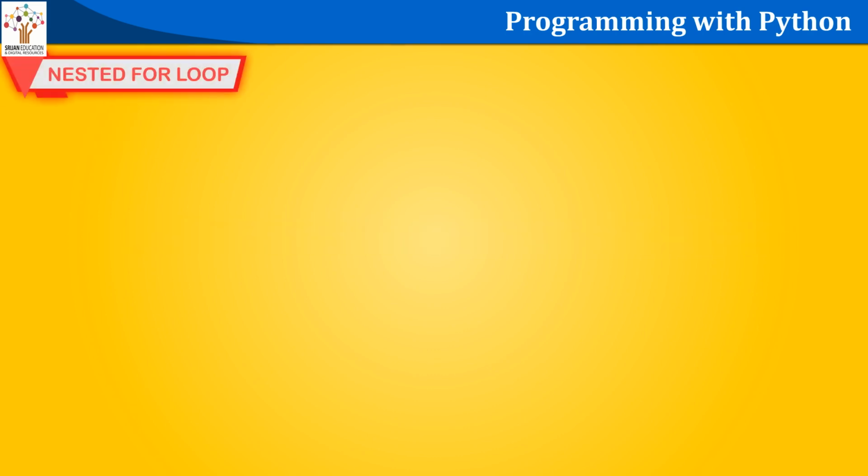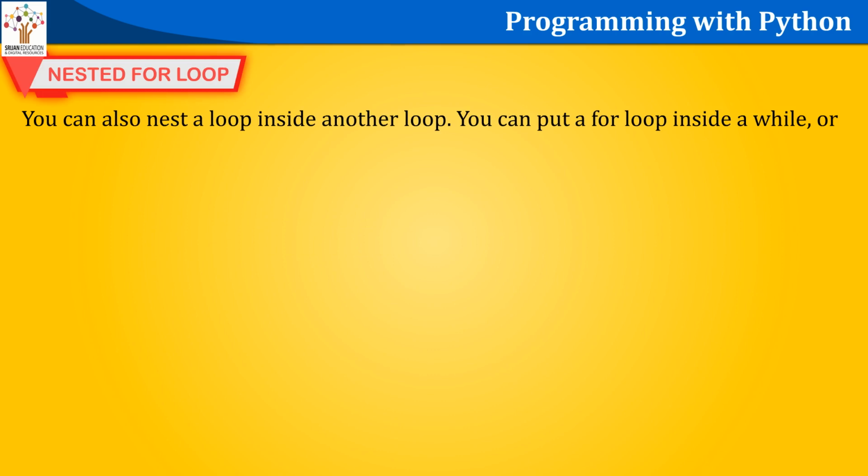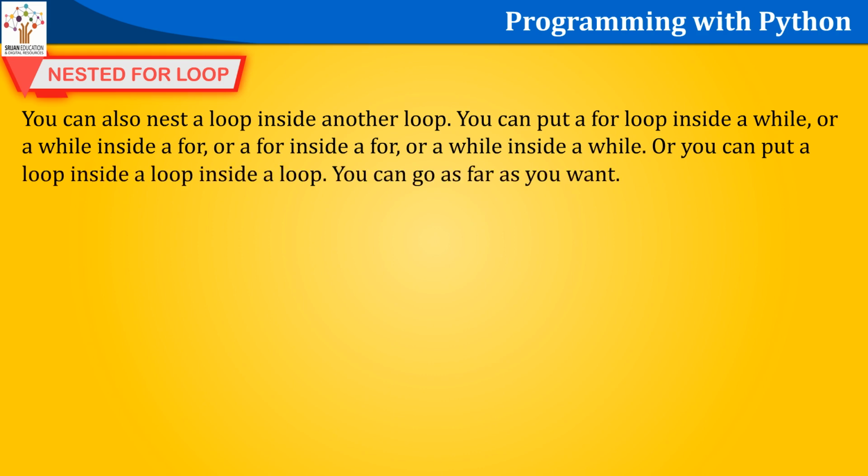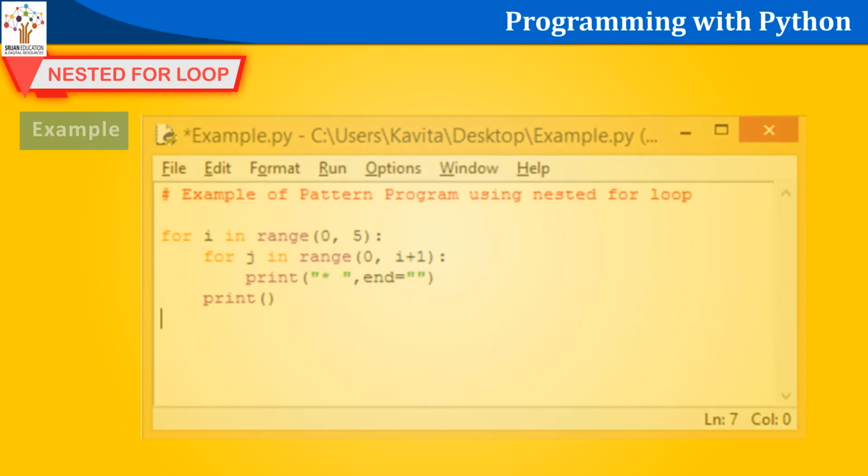Nested for loop. You can also nest a loop inside another loop. You can put a for loop inside a while, or a while inside a for, or a for inside a for, or a while inside a while. Or you can put a loop inside a loop inside a loop. You can go as far as you want. Example: